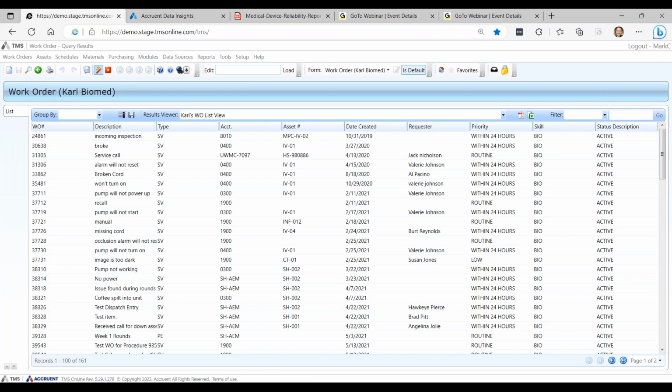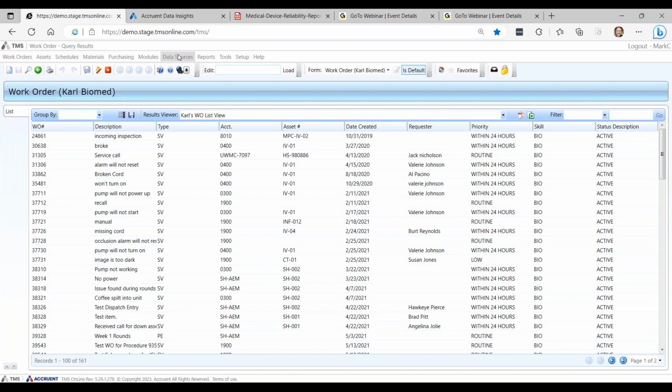One of the big things that we did, especially on the ISO side, is take advantage of TMS's contracts module, where we could put in and say, hey, something's under contract. Here are the start and end dates. We can put all the terms and conditions in that contract, or we can just upload a PDF of the contract to that file. And then we can put alerts in the system so that when I go and open